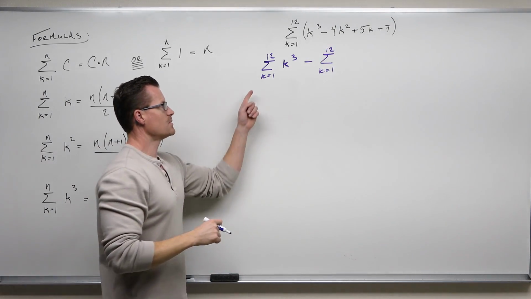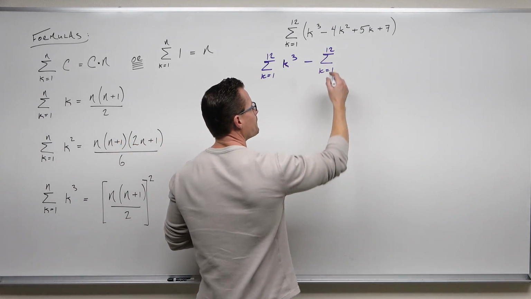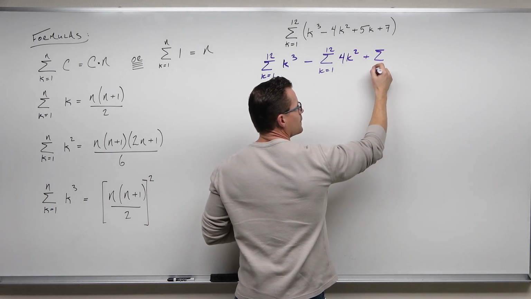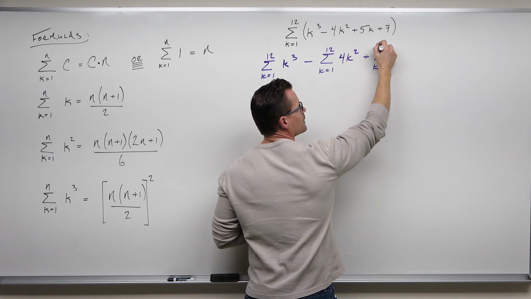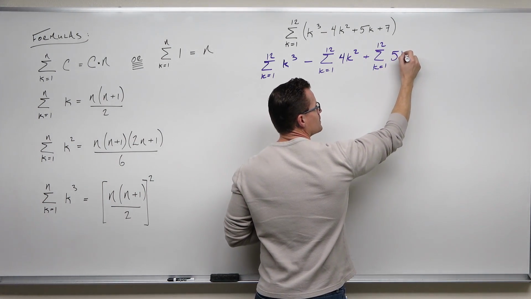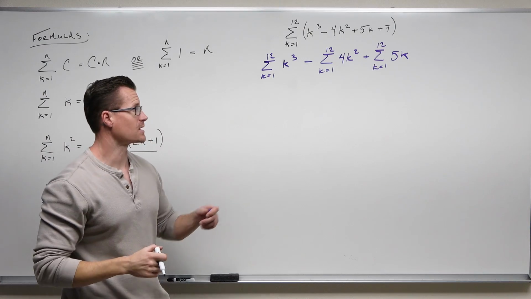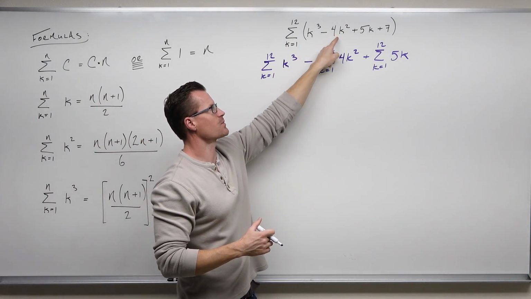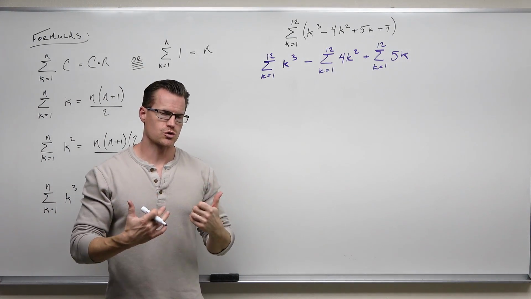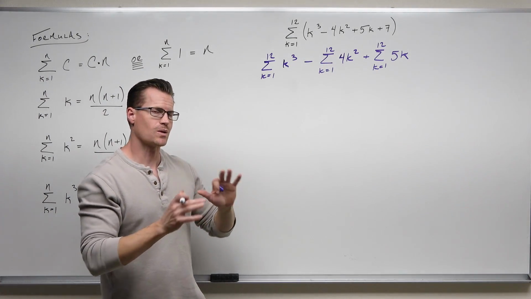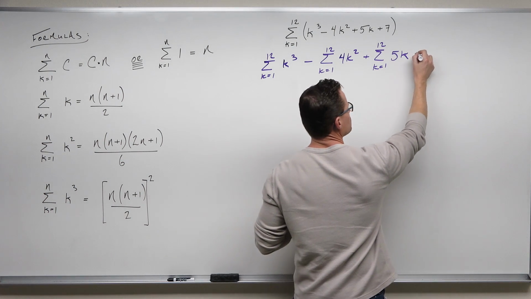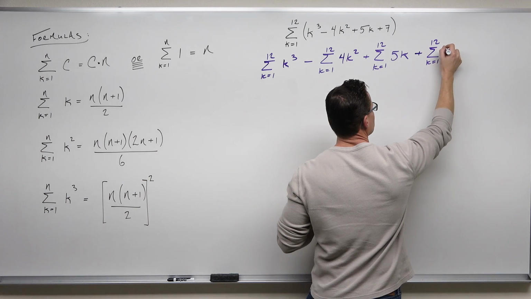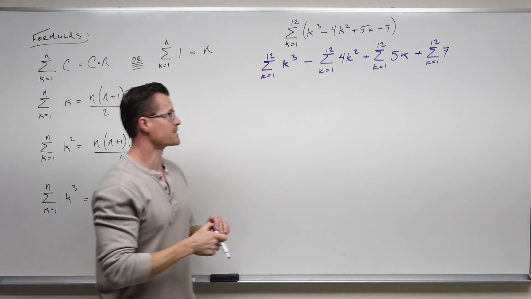You'll notice that you have to keep the same starting spot and ending spot. You'll also notice I'm not doing a whole lot of work in my head. It's way too easy to start making little mistakes on this, like forgetting signs or forgetting fours, or if you want to be smart about it and go, well, I know I can separate that, but I can pull the 4 out front. That's true, but sometimes we just lose the 4 or make a sign error. So I never do it. That's up to you whether you want to. I prefer to write this stuff out.